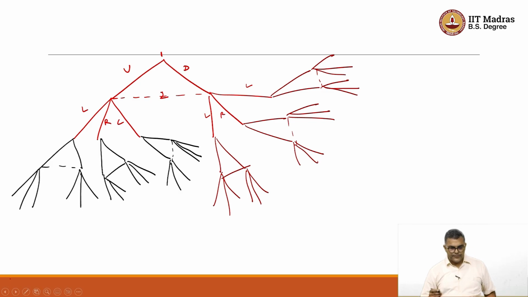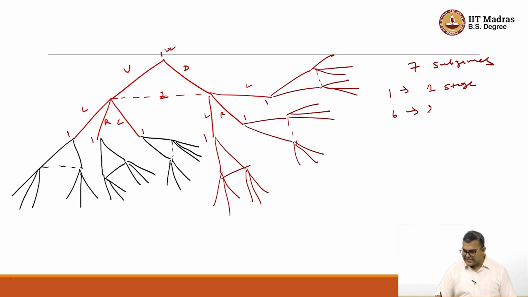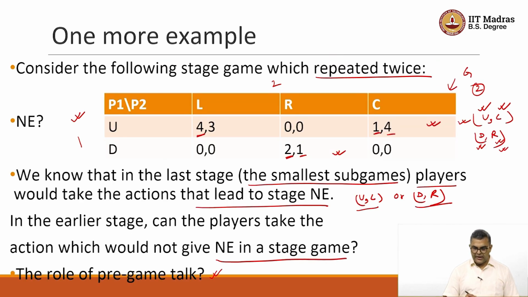So now what's happening? How many subgames are there? One that starts right at the beginning. And then here player 1 is acting, here player 1 is acting, here player 1 is acting, here, here, here. So there are a total of 7 subgames: 1 in the first stage and 6 in the second stage. If you look at the structure of the game, player 1 has 2 actions and player 2 has 3 actions. So there are 6 possibilities